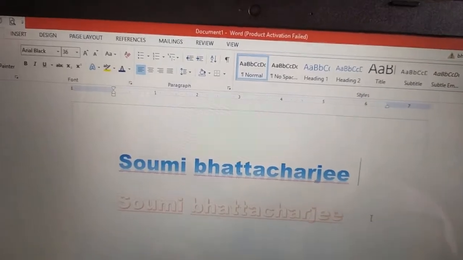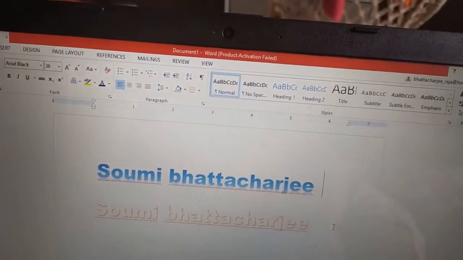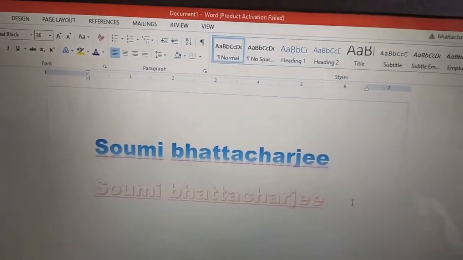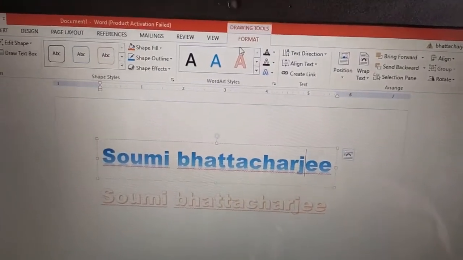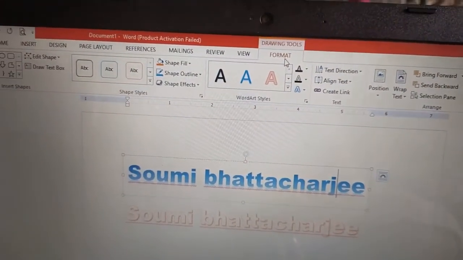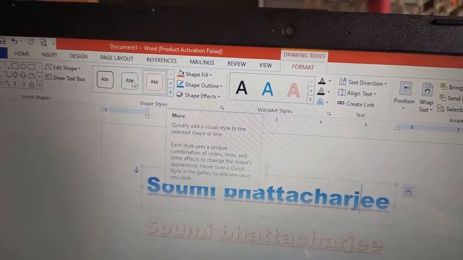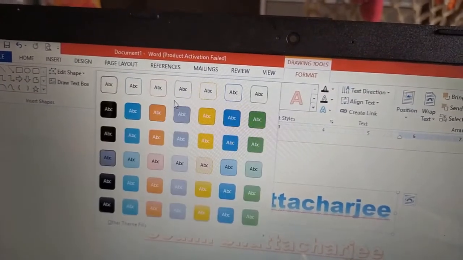Next, how to edit the Word Art. First, we will select the Word Art. See, a Format tab is opened. Over here, if we want, we can format it.